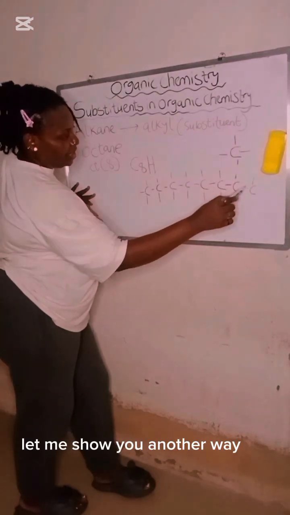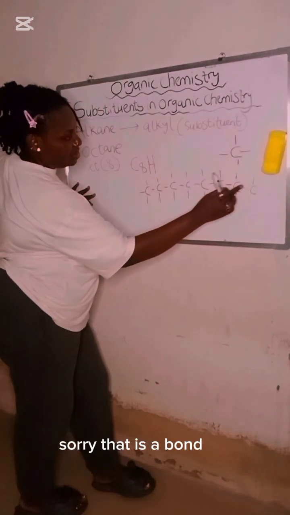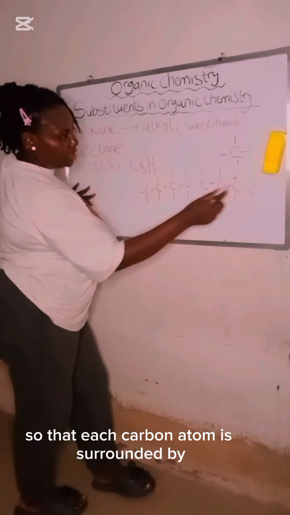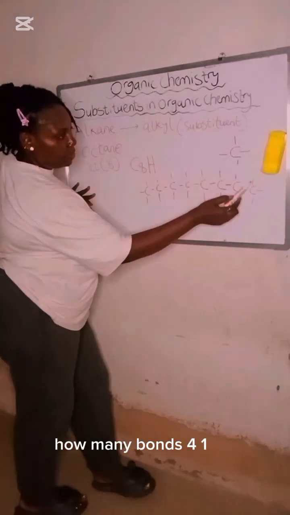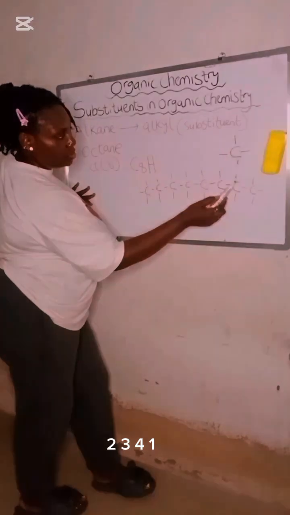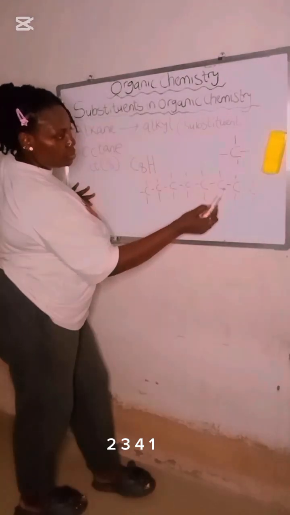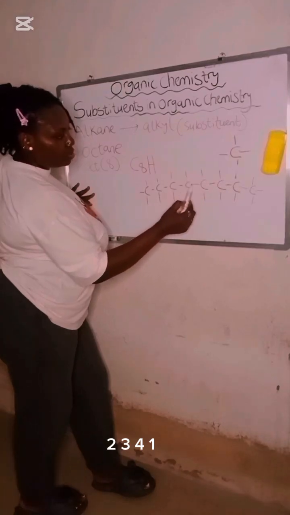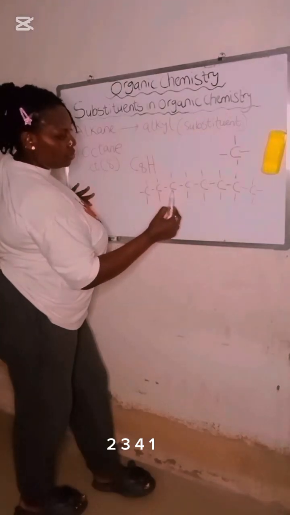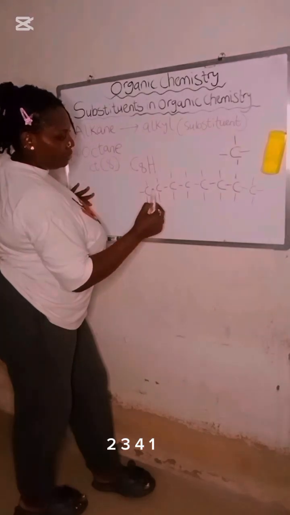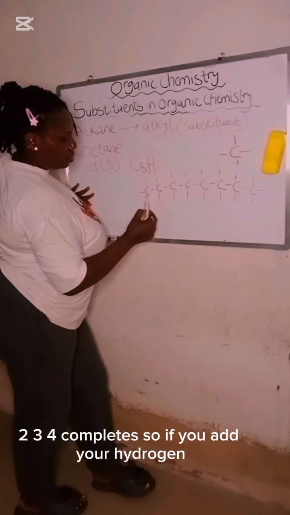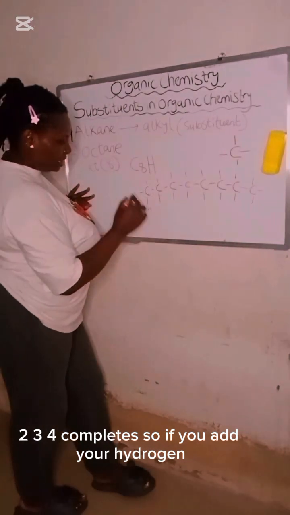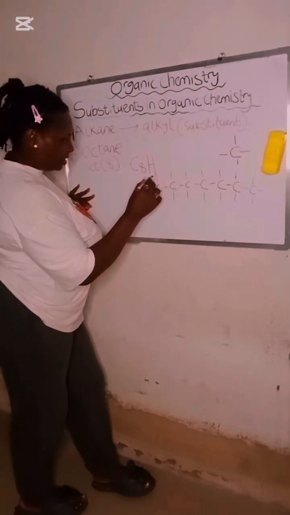Let me show you another way. Sorry, that is a bond. So that each carbon atom is surrounded by how many bonds? 4. 1, 2, 3, 4. Each carbon atom is complete with four bonds. So if you add your hydrogen,